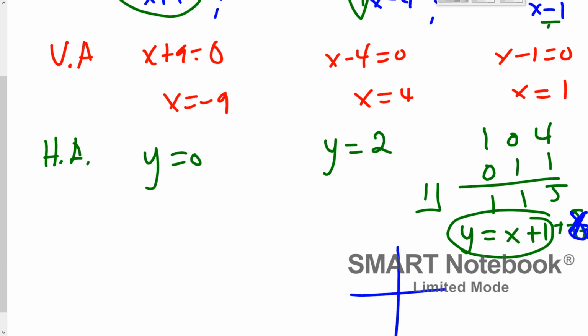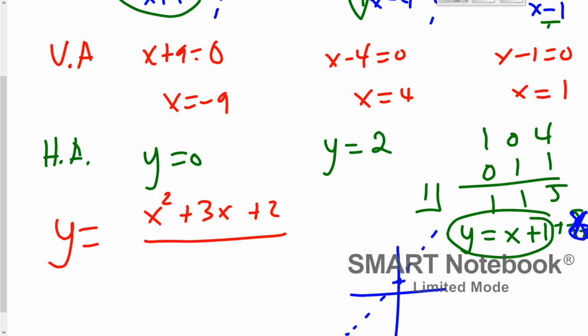And we can graph that, right? Our y-intercept is plus 1, our slope is 1, so up 1 over 1, and then we can draw our oblique asymptote. Okay, so another one real quick, say y equals x squared plus 3x plus 2 over